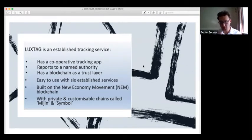Luxtag is an anti-counterfeit track and trace and anti-theft solution provider that utilizes the NEM, or New Economy Movement blockchain, to provide protection to enterprise-level clientele. Importantly, the platform specializes in the tokenization of real-world assets, which satisfies the needs of Origin Chain Network, which needs a cooperative tracking app, which Luxtag provides. Reports to a named authority with Luxtag's funding being approved by the Malaysian Securities Commission, and includes a blockchain as a trust layer, specifically the New Economy